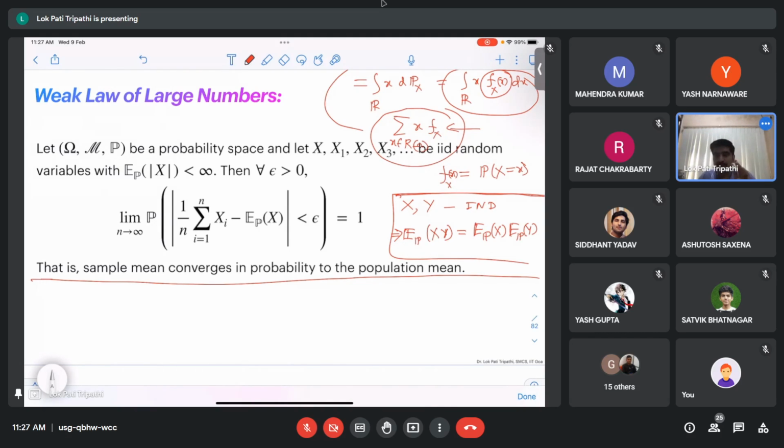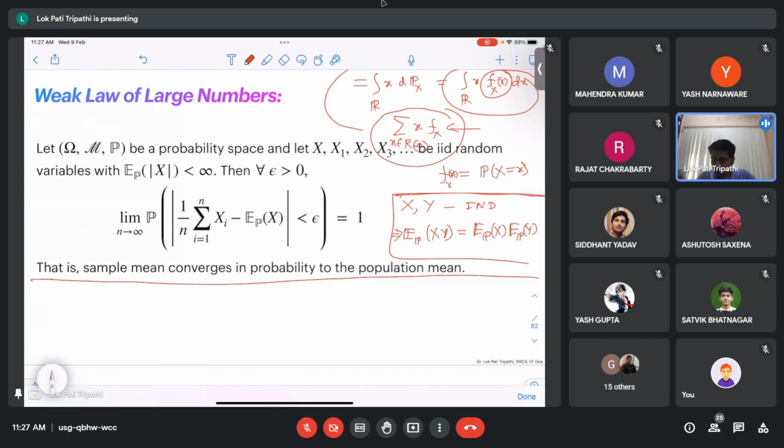Of course, it will be difficult to prove for any given random variable. But you can deduce this result for a particular type of random variable, as I said, if it is either discrete or continuous.